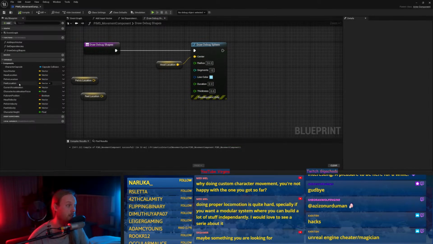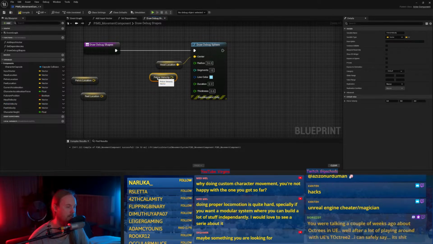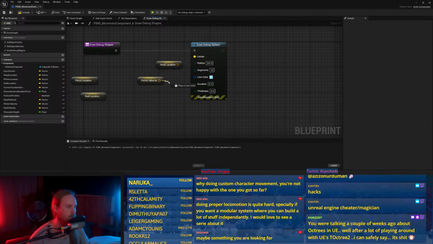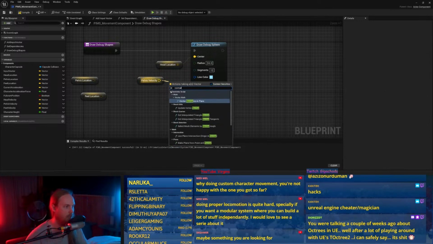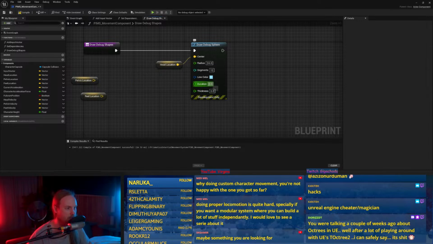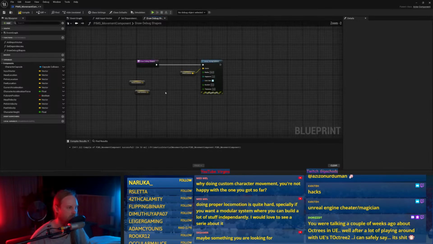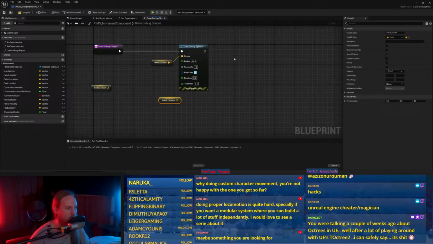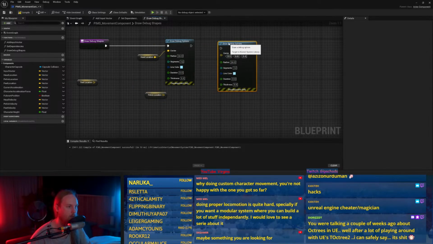We could give it the velocities. Fuck it, they can just be colors. Duration 0, thickness, I don't know, 5. And then we just do that for each thing.